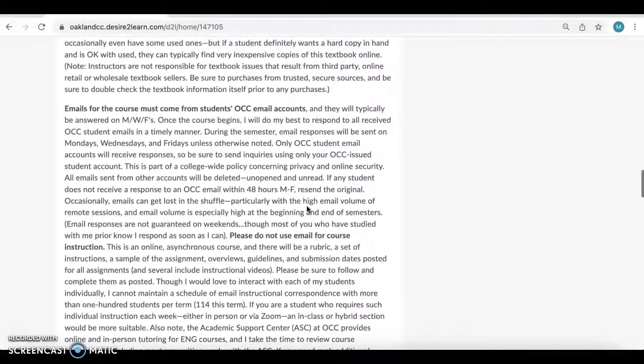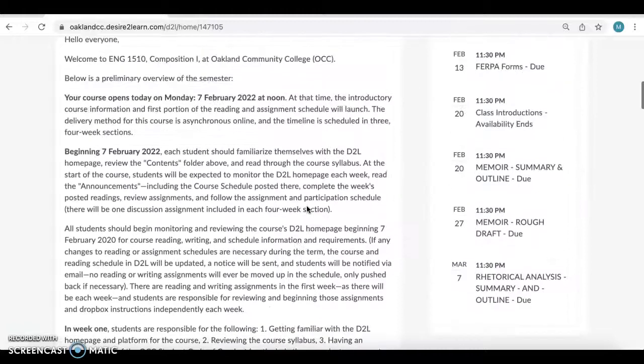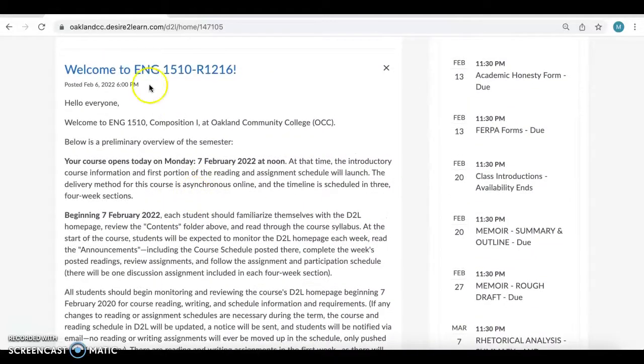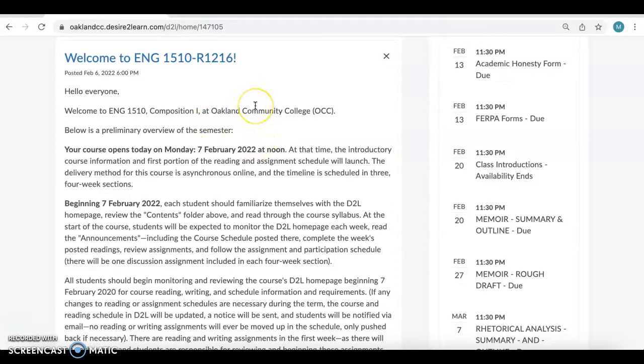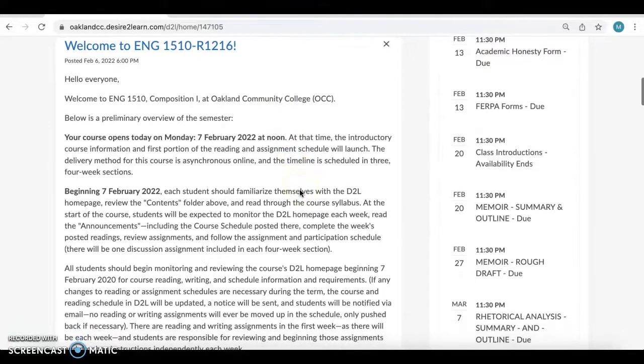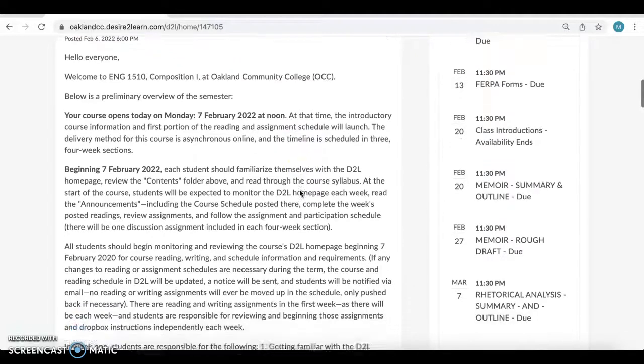Make sure that you have, if you have not already done so, make sure that you review this entire Welcome to English 1510 announcement. Don't worry about the number that's listed here. If I didn't say so before at the opening of this, I do have several async courses that are running. So if I do an announcement piece or instructional for some of the writing components, it's often used for both. Just note that if it ever mentions a Zoom in one of the instructional pieces, that's not for your class. I note that in the Dropboxes as well.